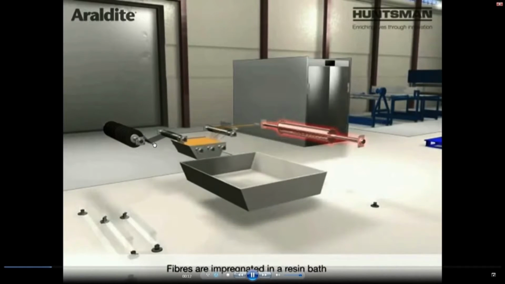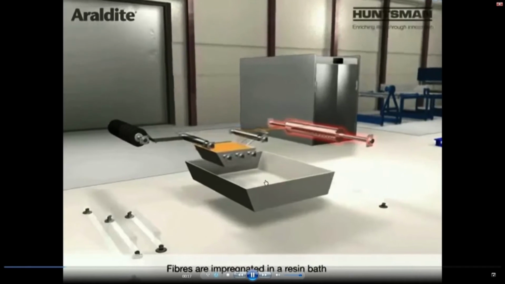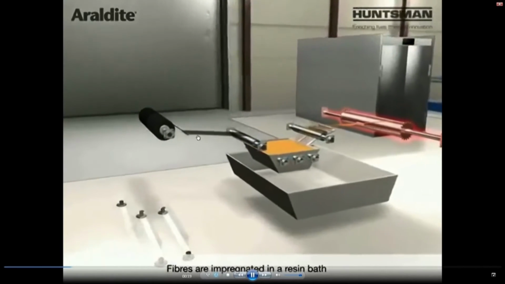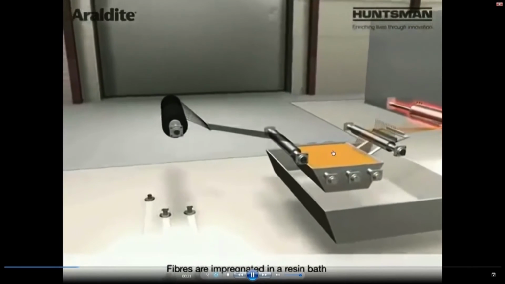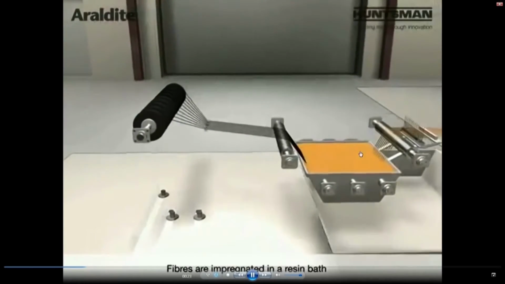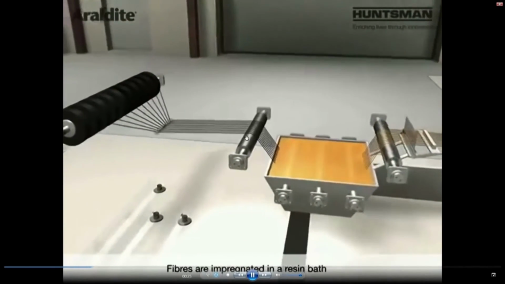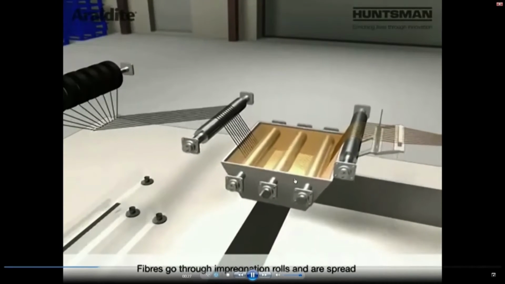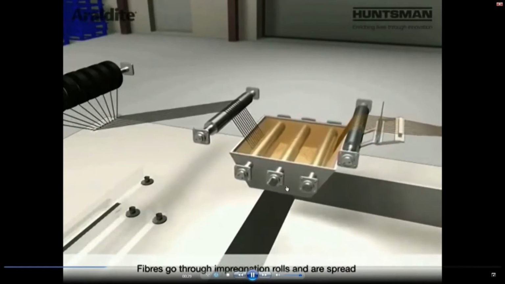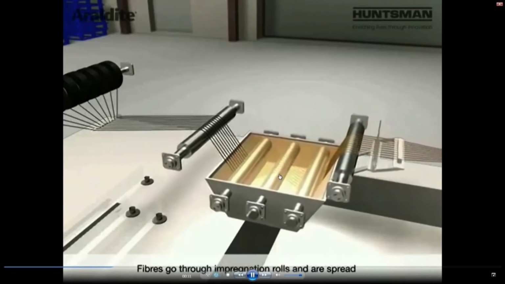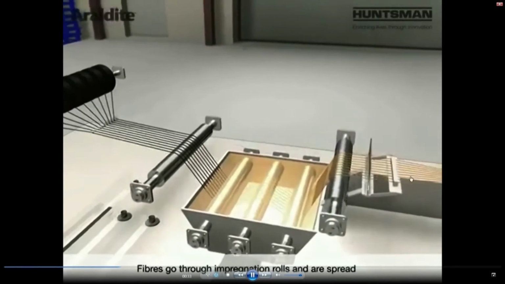The fibers are coming to the preformer here and they are going to the resin bath, and you can see the lateral movement of the resin bath. The fibers are being impregnated by this resin, the yellow color resin shown here. The fibers are getting impregnated and the lateral movement of the carriage helps in the deposition of the impregnated fibers